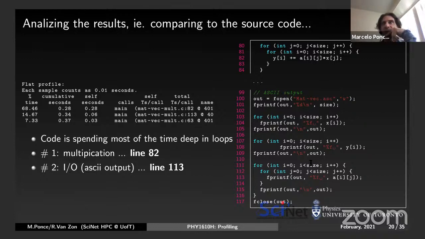Any questions about this? Again, the use of the profiler is quite simple. Things that one must remember is to include these compilation flags. Usually what happens is when you create your makefile, you will have a new rule for profiling, for instance, and then you run your compilation with the profiler options activated, and then you run your profiler and you get the information that you need about the